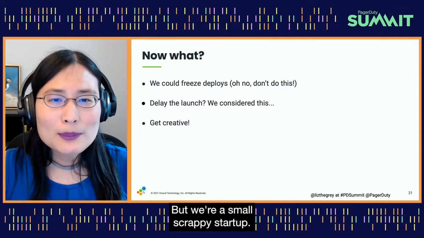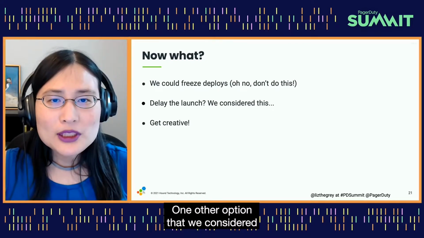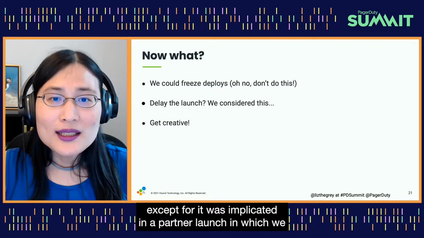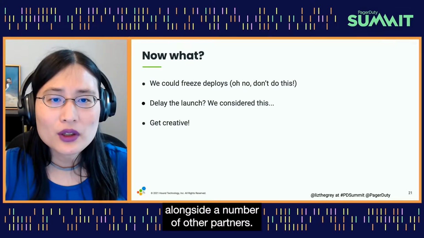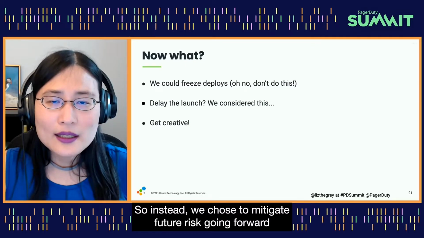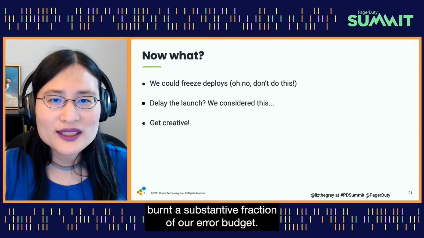But we're a small, scrappy startup. We can't necessarily afford to do that. One other option that we considered was delaying the launch, except it was implicated in a partner launch in which we are going to be announcing support for OpenTelemetry alongside a number of other partners. So instead, we chose to mitigate future risk going forward while also recognizing that we'd already burnt a substantive fraction